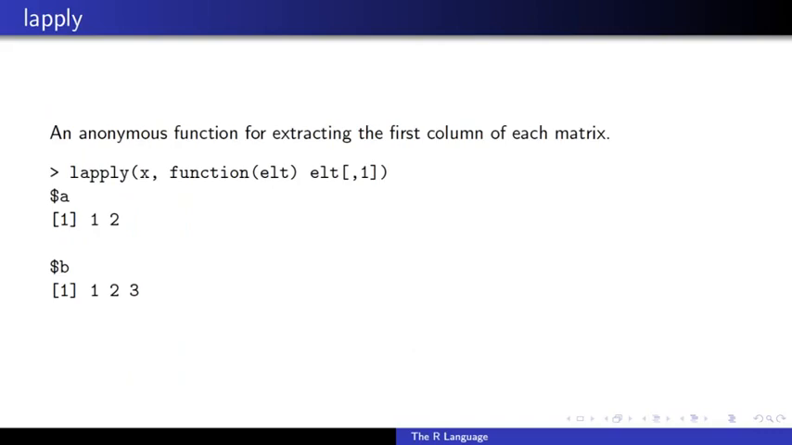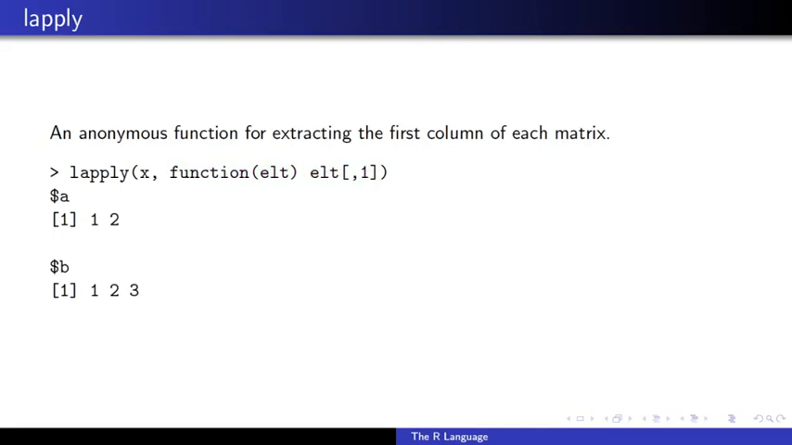There's no function out there that already extracts the first column of a matrix. But this is easy to do. You can just write a function that takes the first column of that matrix. So here I'm going to call lapply on x, and I'm going to write the function right here. I'm going to say function, and then I'm going to give it an argument, and then given that argument, I extract the first column. So here, when I call lapply with this function, I get the first column from A and the first column